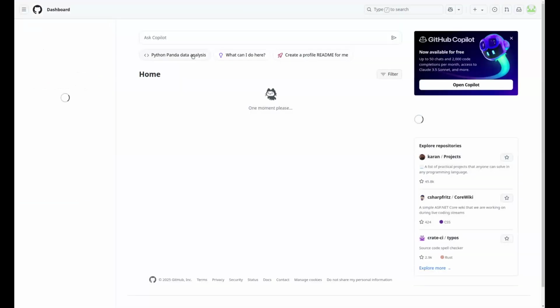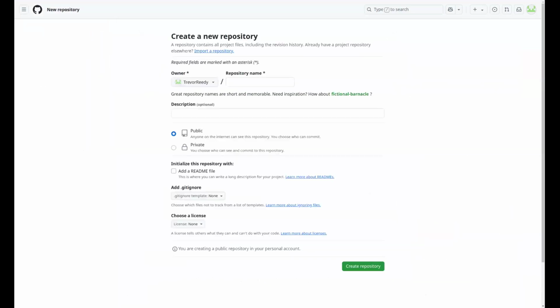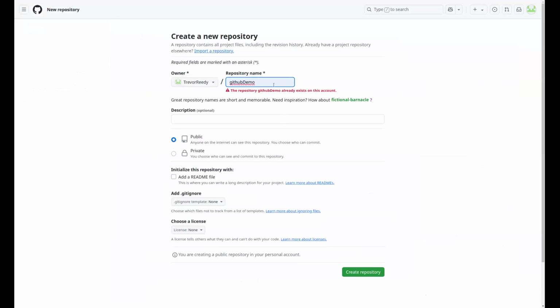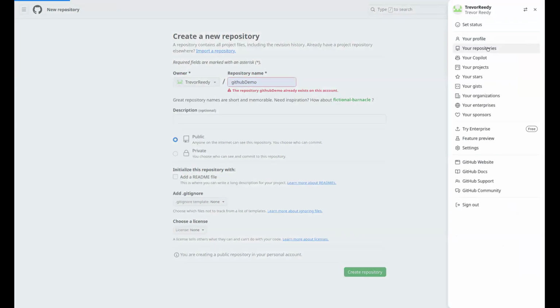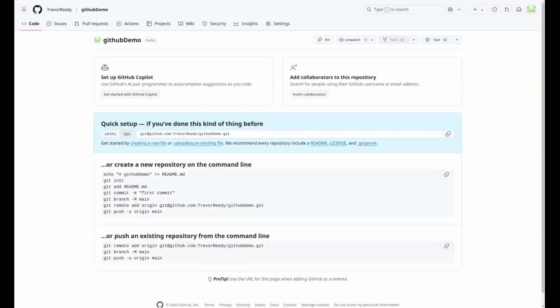So all I did to get there was in this upper left-hand corner, you hit new, and then you can type in your repository name however you would like. I just created this repository, so it should already be there, but you hit create repository, and then it will pop up with this screen.